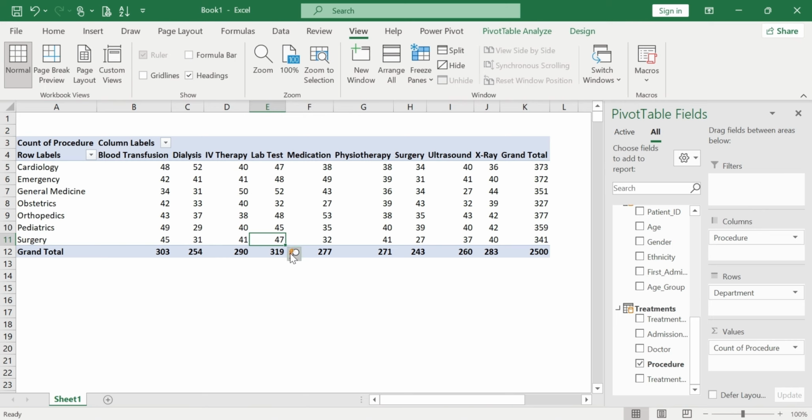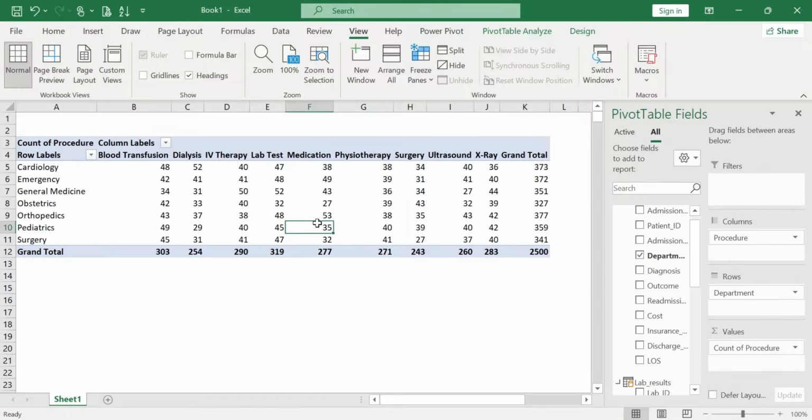So the most common procedures will help you when it comes to recruiting new doctors. Because in this case for the surgery, you can clearly check that 47, which is the lab test procedure, is the highest. Then it means that if you have to add a doctor to the surgery department, then probably it will be a doctor who will be specializing in lab testing. Generally, we can conclude that the most common procedure in the hospital is lab test, because